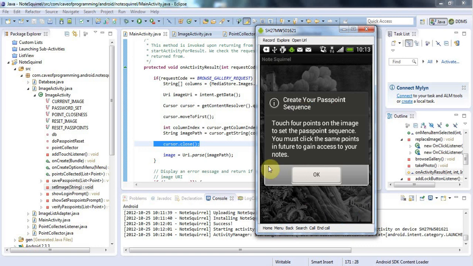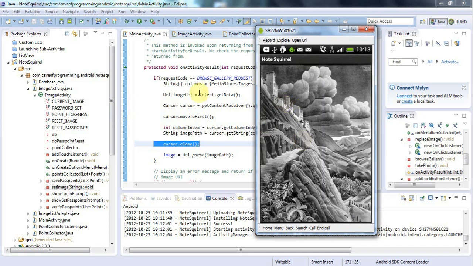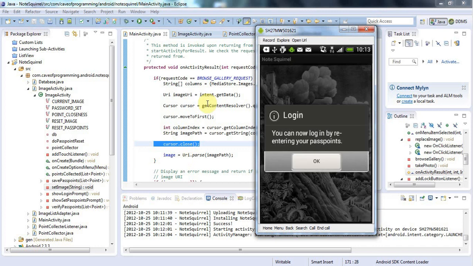So I've put some more code in my application, and you can see in the background here, it's actually worked. It's set my image view to use the image using the URI that I retrieved down here. And if I touch 4 points on my application,